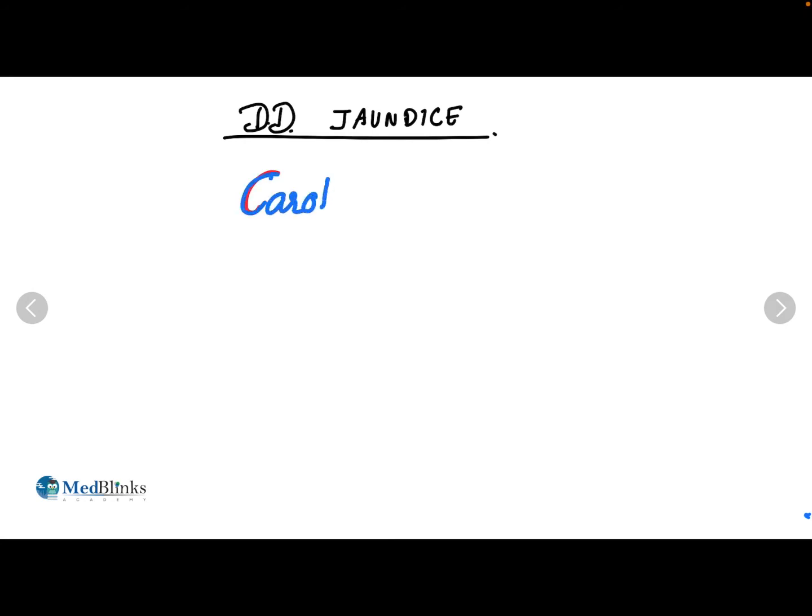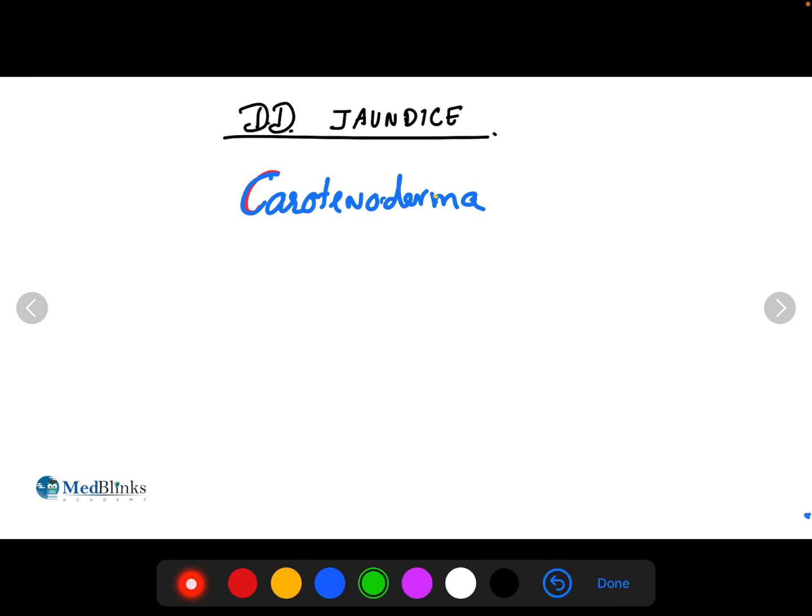So what is the differential diagnosis of jaundice? There are three conditions one must remember. Carotenoderma happens because of prolonged and excessive use of certain pigment containing vegetables like carrots, green leafy vegetables, peaches and oranges. How do we differentiate it from jaundice? The discoloration of the skin is mainly restricted to nasolabial folds, palms and soles in carotenoderma, unlike jaundice where it involves sclera, mucous membranes and every part of the skin.